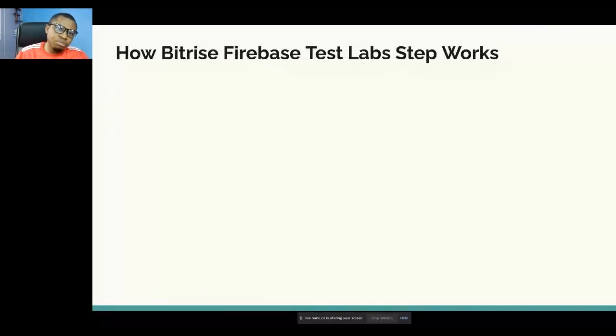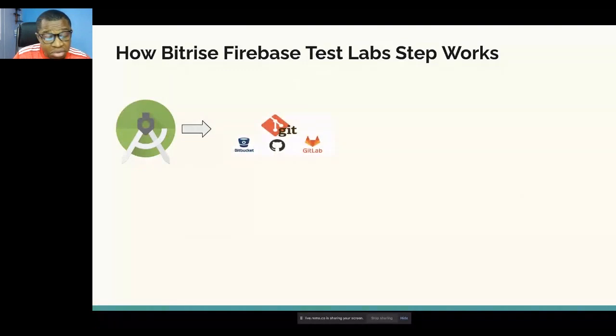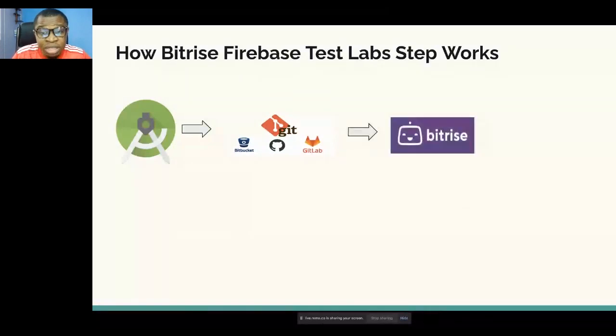So how does Bitrise Firebase Test Lab work? First of all, you build your app from Android Studio, then you push to any of your code storage preferences, like GitLab or Bitbucket. Then automatically, one of the steps on Bitrise, the Git Clone step, will clone your project from any of these code storage platforms and push it down to the Bitrise platform. Then from there,